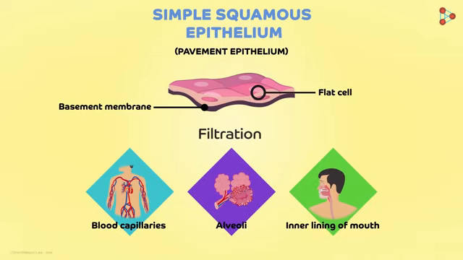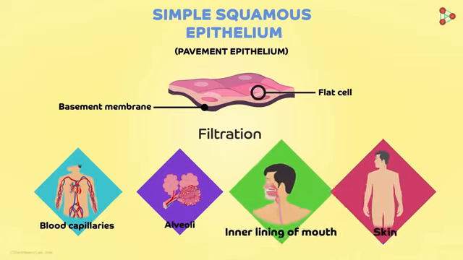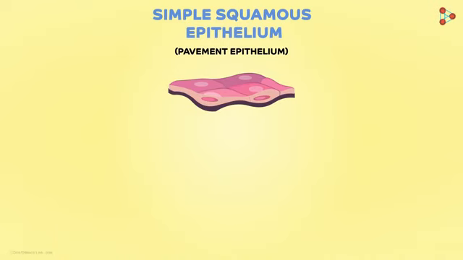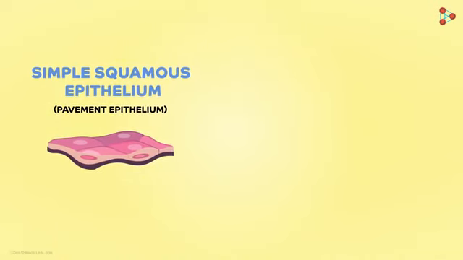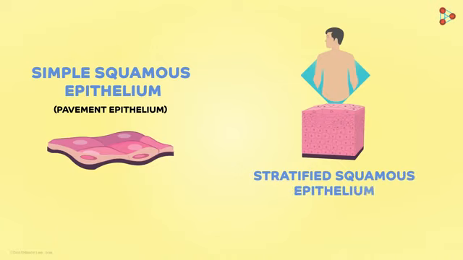Well, when we talk about epithelial tissue, how can we forget the skin? But wait a second, how can we afford to have such a delicate layer on the surface that covers the entire body? Well, it's simple. The same squamous epithelium comes in the form of layers. So several layers, one above the other, form the outermost layer of skin, which we refer to as the stratified squamous epithelium. Because of multiple layers, the stratified squamous epithelium prevents wear and tear of the upper surface of the